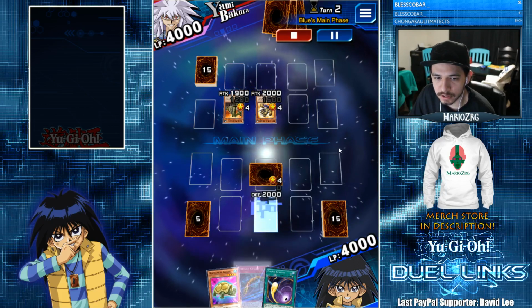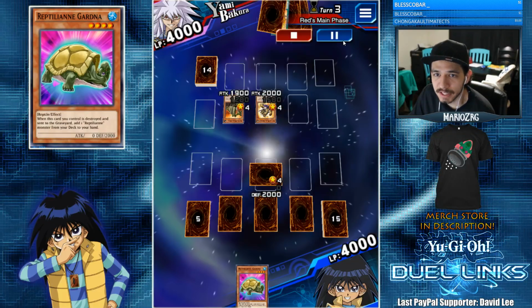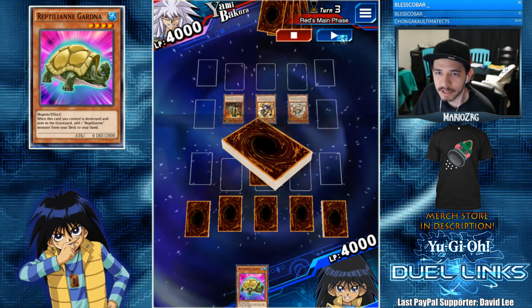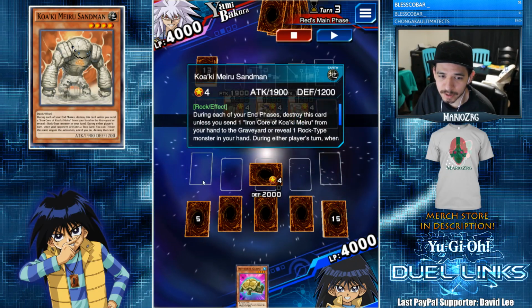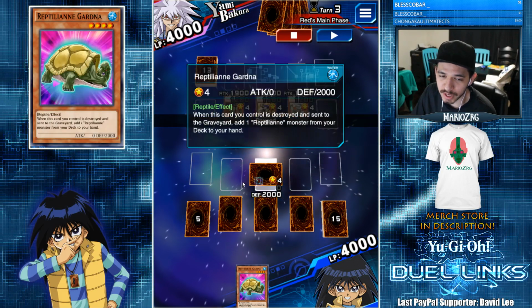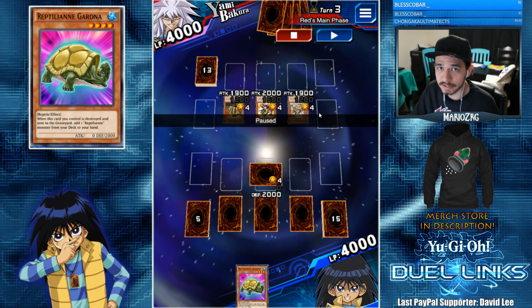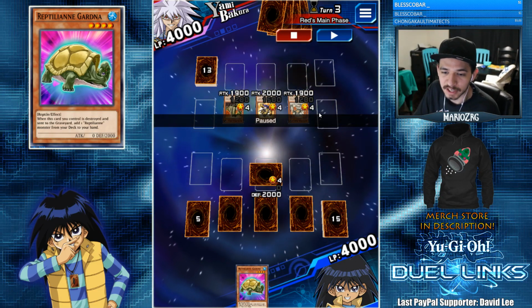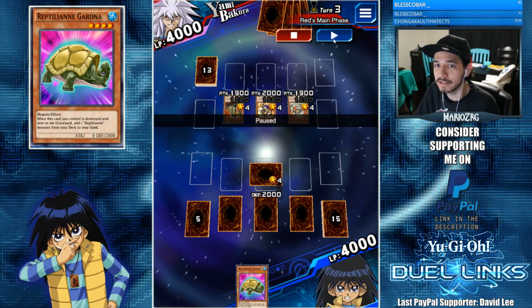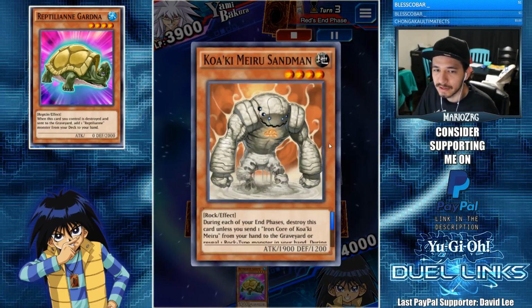Yeah, and we're just gonna set all back row and set our Reptilian Gardna, which apparently this guy cannot get over. He summons another monster that is not over 2000 attack. So now he can't summon Maximus unless, obviously, he lets one of them die. But apparently this Koaki player is one of those players who really...